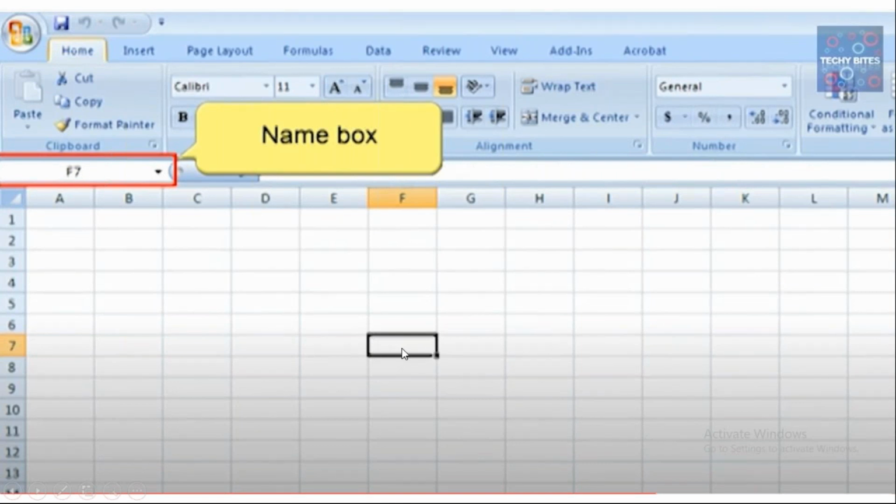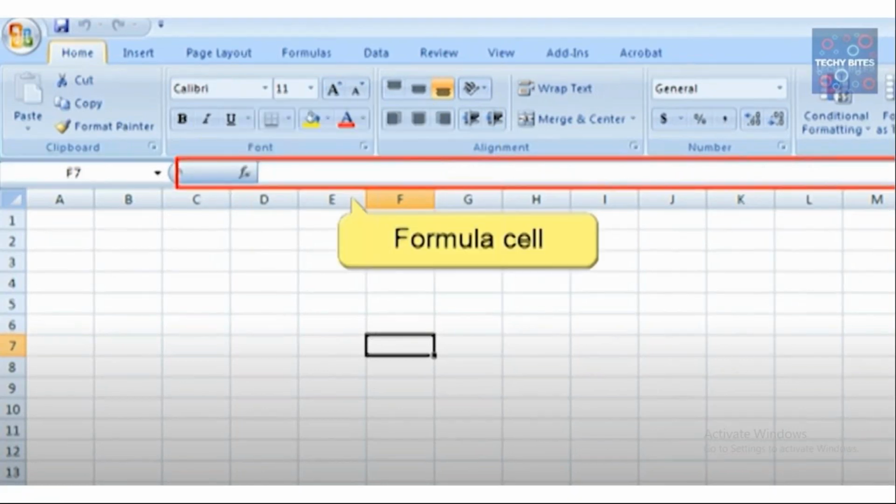Only in the active cell can you enter data, numbers, alphabets, special characters, anything. You cannot place data anywhere else where the cells are not active. How do I know a cell is active? The cell which is bold, black in color, plus the name box over here shows F7. What else should you know about Excel? Next to it is the formula bar. This is where you can edit the data, put in the formula, see the calculations. By clicking on FX, you can go for advanced calculations and see how to calculate. It also gives you guidance if you need it.